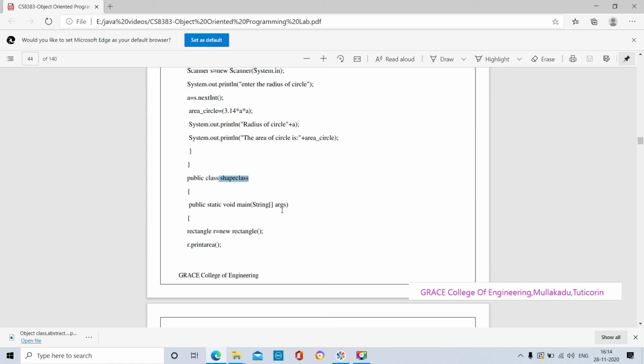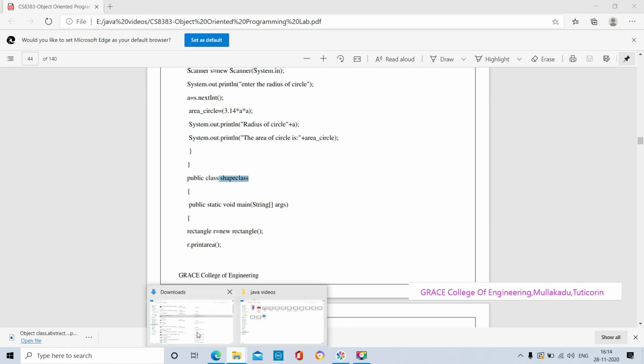Okay, so a Java application program should be written in Notepad or some other editor. I have already written and saved this application program under the name of the superclass. I am just opening the file.